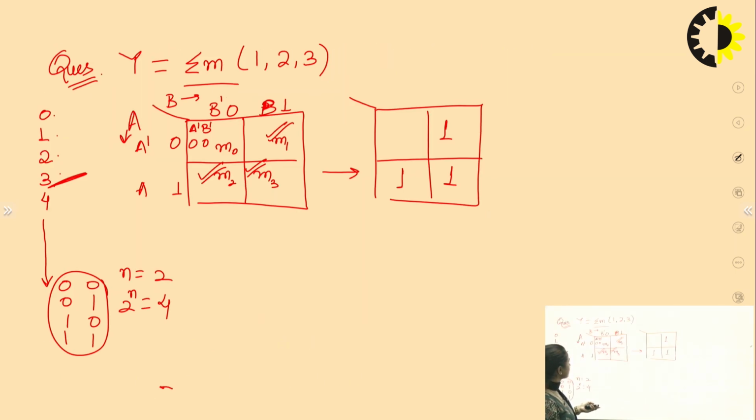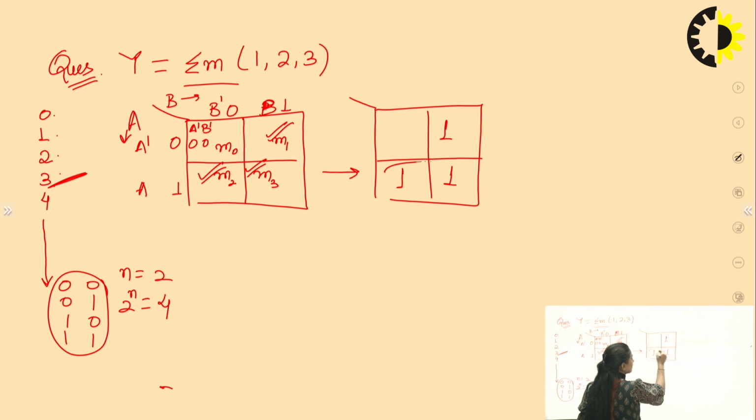So let's get back to where we were. Step number 1: see whether it is SOP or POS. It is SOP. Step number 4: make pairs. So here we will be making pairs of even numbers, like we can make pairs of 2, 4, 8 likewise. And pairs can be made horizontal or vertical. So let's see.